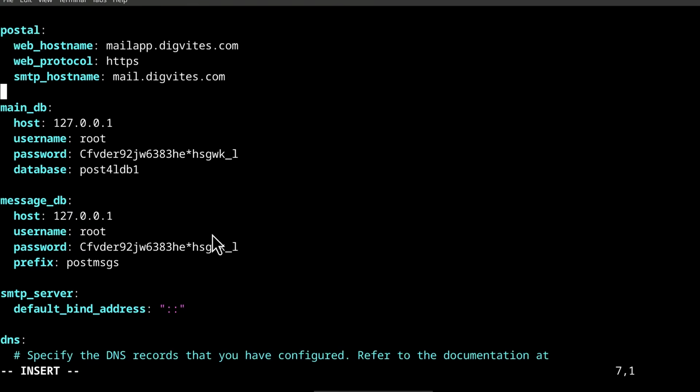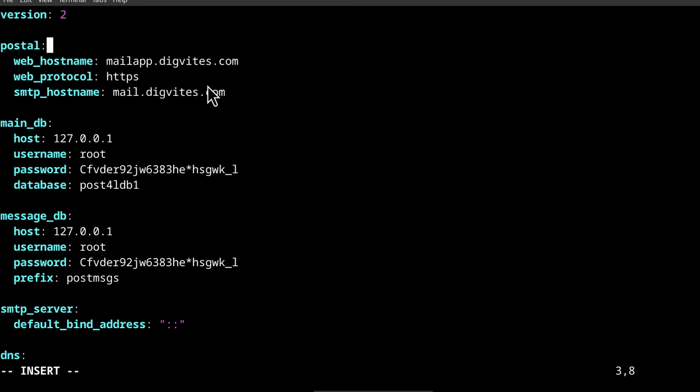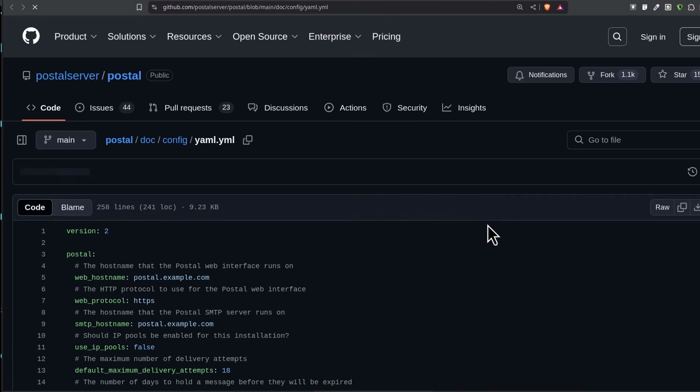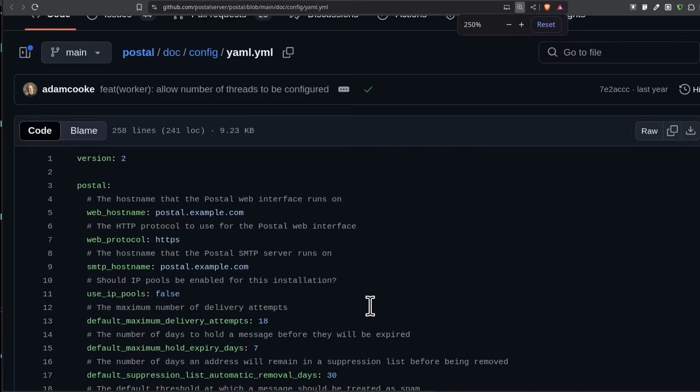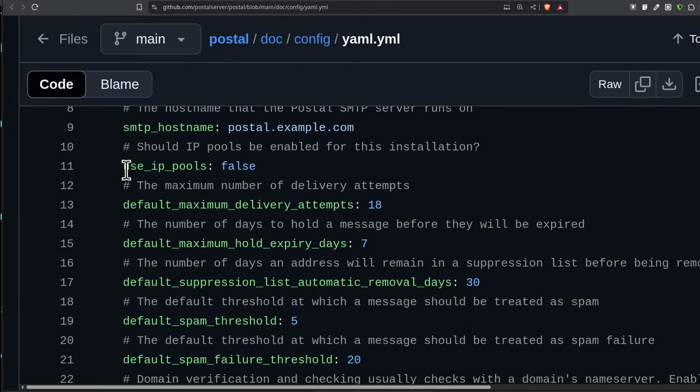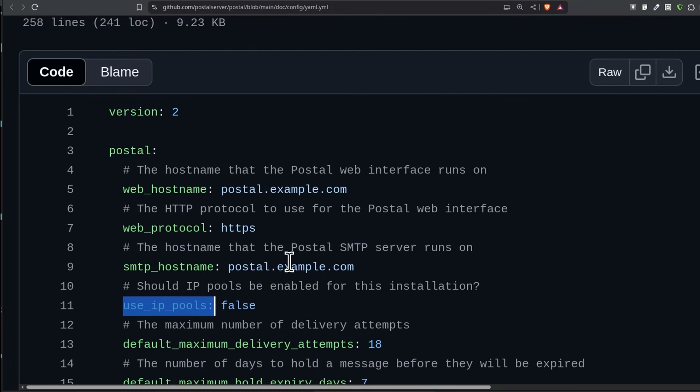So this configuration file, you can add lots and lots of different things. So if you come back to what I've just shown you here, if you go to the all environment full postal configuration file, you can find the different configurations that you can add to your postal, right? Use IP pools. Actually, I want to enable IP pools. And this is under postal.